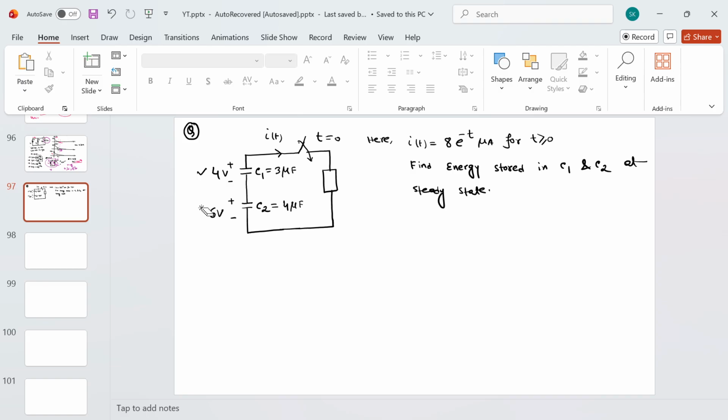And you are closing this switch at t equals 0, and for t greater than or equal to 0, the current is given as 8e^(-t) microampere. You need to calculate what is the energy that will remain in capacitor C1 and C2 at steady state. Okay, so basically, if you want to know the energy stored in capacitor C1 and C2 at steady state, you need to calculate the voltage that will be there in capacitor C1 and C2 at steady state, because